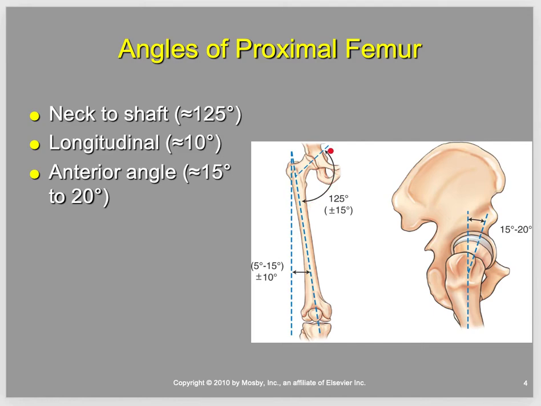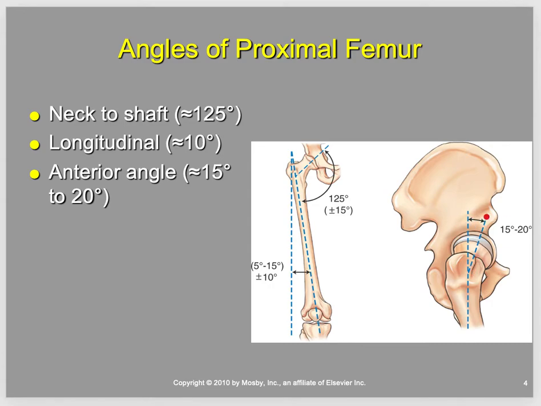It shows a 125 degree angle here from the neck through the pelvis to the femur shaft. So also you're looking at a 15 to 20 degree angle right here on that greater trochanter to the femur